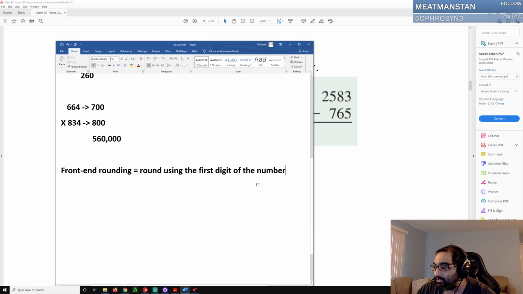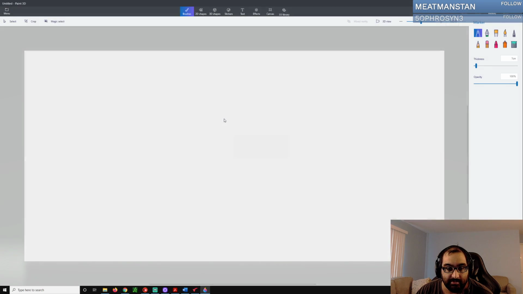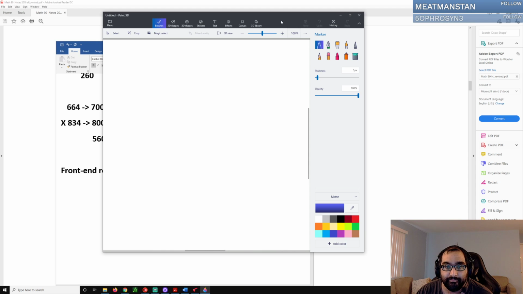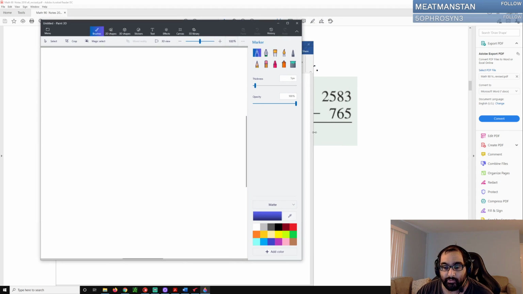So basically that's the one you want to use, and then take the one to the right to do a check. Each one of the numbers here could be different in terms of front-end rounding. Let me show you an example, and you'll see what we're talking about. I'll get out the paint tool so it's easier to follow along. All right, so I'm going to do the one you see here on the screen, 2583 minus